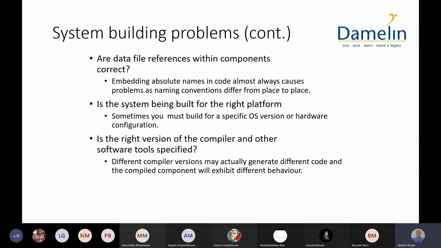And lastly, are data files references within the components correct? The issue of embedding absolute names in code almost always causes problems as naming conventions differ from place to place. And what this means is absolute and relative paths. Okay, when you're talking about an absolute path,